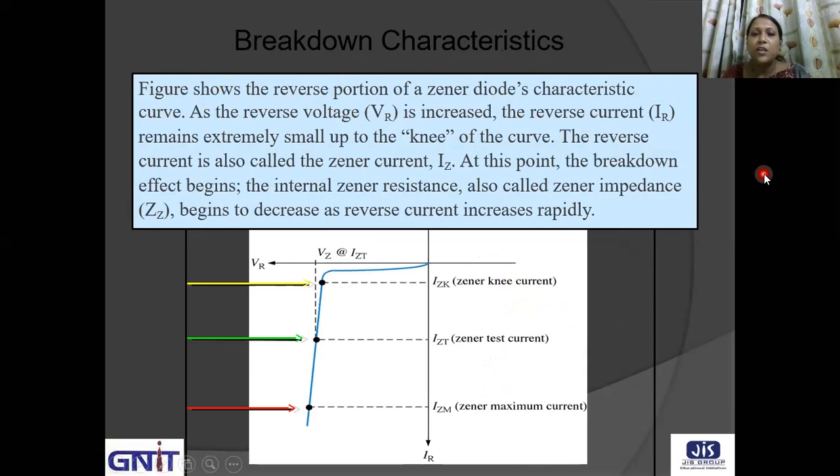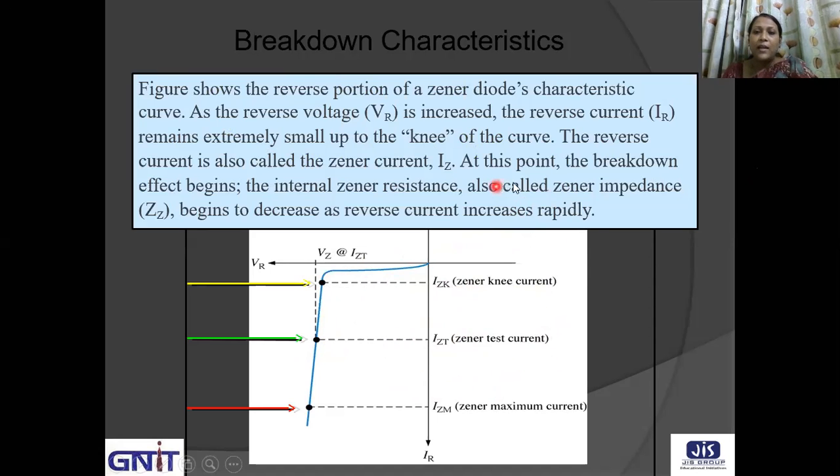the reverse portion of a Zener diode characteristics curve. As the reverse voltage VR is increased, the reverse current IR remains extremely small up to the knee of the curve. So this point is actually showing the knee. The reverse current is also called the Zener current, and it is generally denoted as IZ. So IZK is the knee current. IZT is the test current. If we want to test the Zener diode, then we should go up to this IZT, that is, the Zener test